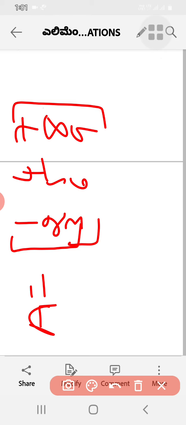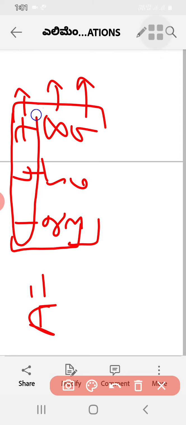See, what I told was elementary operations. So how can we operate on a matrix? See here, this is the first row, second row and third row. I am going to operate on this matrix. I will consider a row here, that is called row operation, or I can take a column also. Let us observe carefully here. First row can be written as R1. R1 means first row, R2 means second row, R3 means third row. Similarly, we can write the columns as C1, C2, C3.